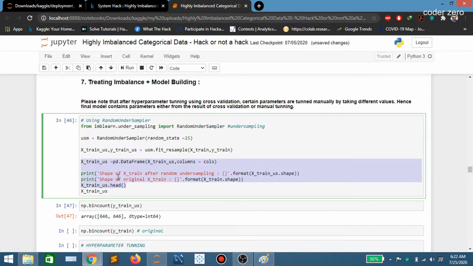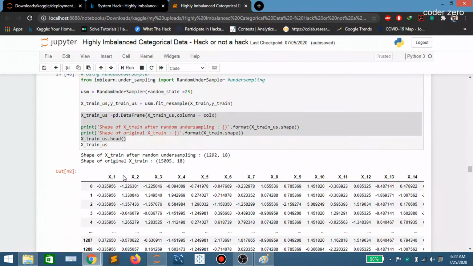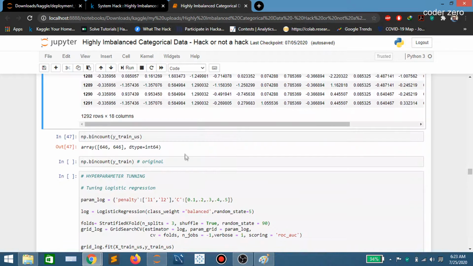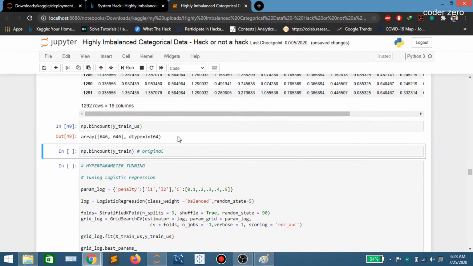Okay, let's do that again. So now we have our data set after undersampling. Guys, here you can see that X train after random sampling has 1292 rows. In the original X train we had 15,005 rows. You can see the difference. Check here the class distribution.